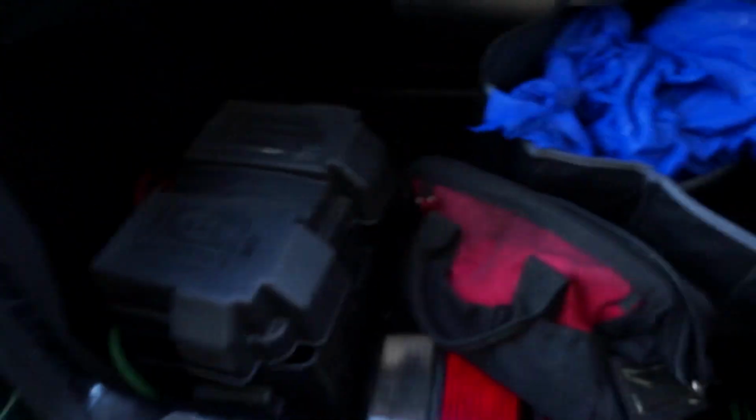So I'm going to do that, hopefully, and then we're going to work on the trunk, because let me show you guys what the trunk looks like. I know this video is a lot of talking, me just telling you guys about the cars I have, and the battery light's flashing. So let me show you real quick. The tank is just in here, and the pump's back there. Battery's been in the back here for a while, and that's all. But before the battery, guys,